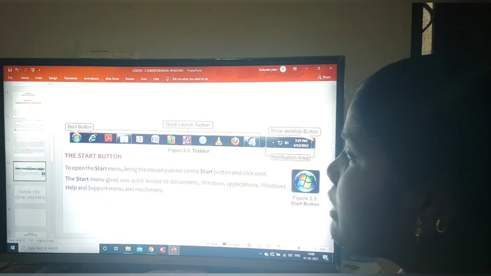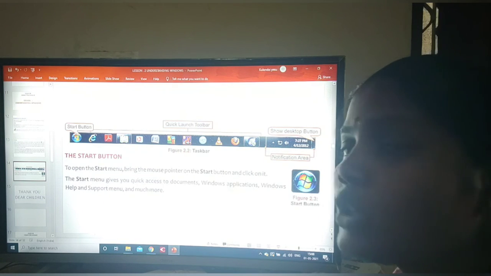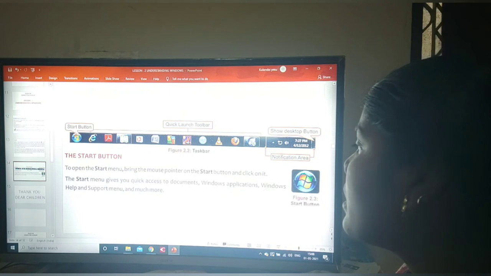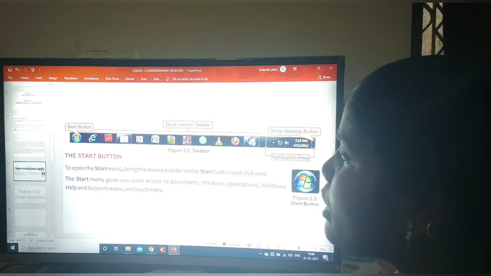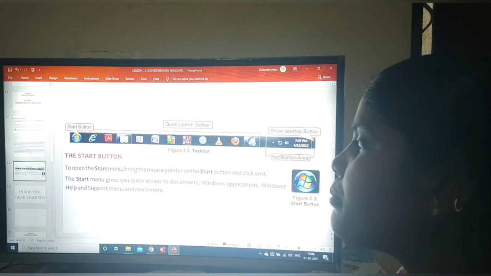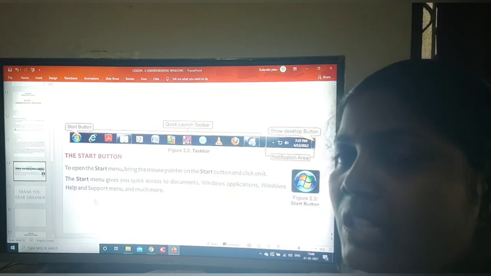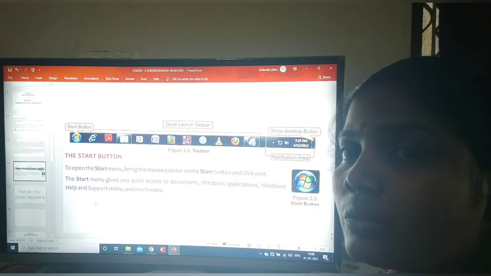That's why it gives quick access to documents, Windows applications, the Windows help and support menu and much more. These Windows applications and keys help us to work on a computer easily. We do not feel difficulty.